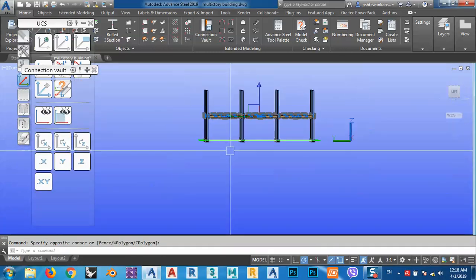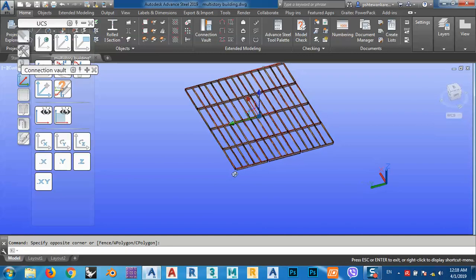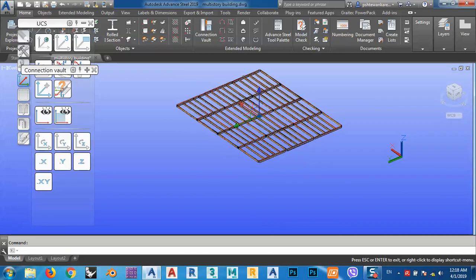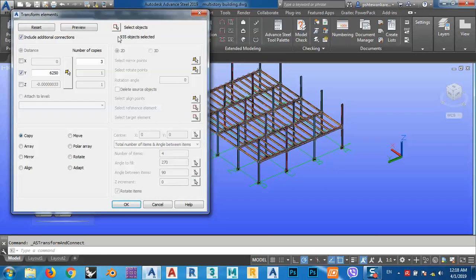Like this. And if we want, I want to check if I select everything or not, shift it with the roller of the mouse. So I select every beam, and after that go to advanced copy and